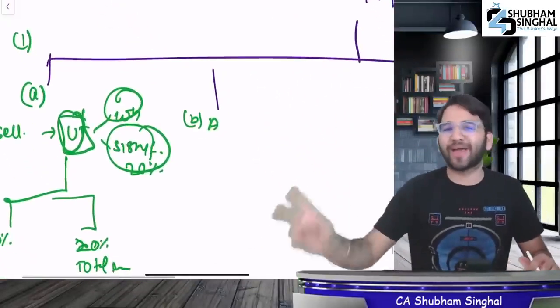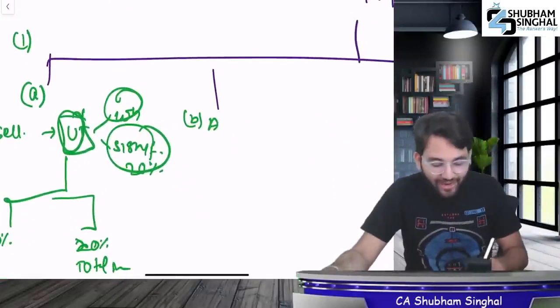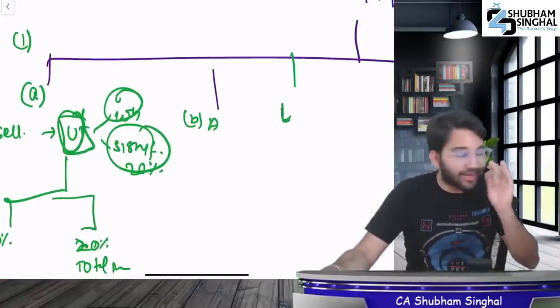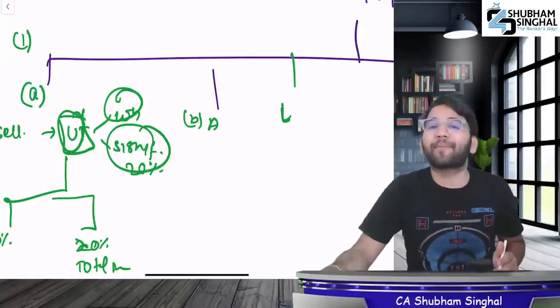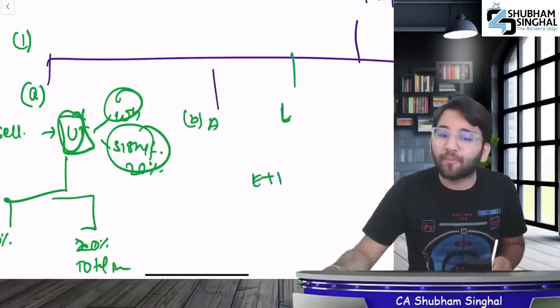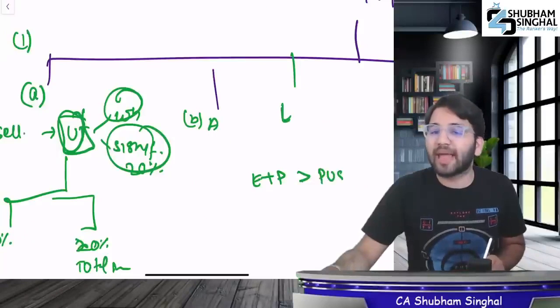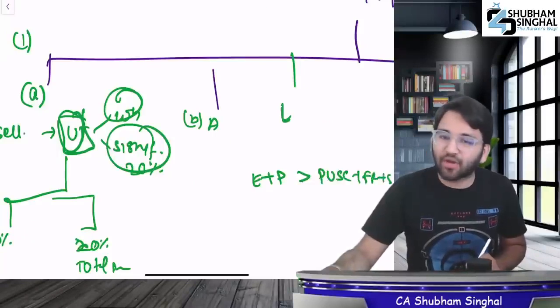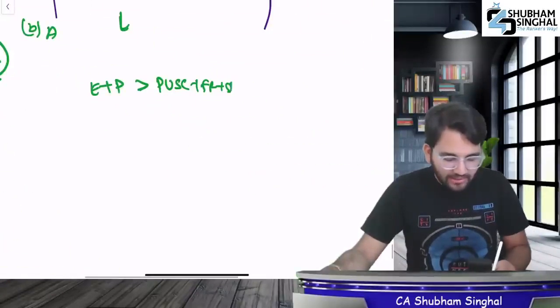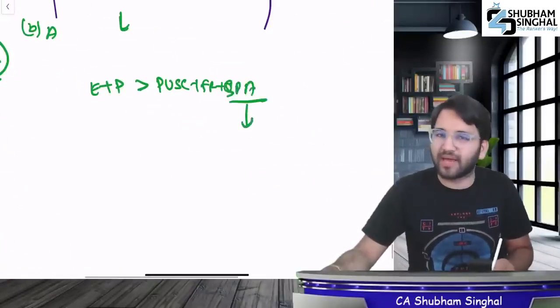Back to the topic. Second one was about amalgamation and merger. Now what's the third one? It starts with L. What is it? It means if your existing borrowing plus the proposed borrowing is beyond the limit. The limit is paid up share capital plus free reserve plus security premium account. If it's beyond this limit, the security premium account will be given in the question.